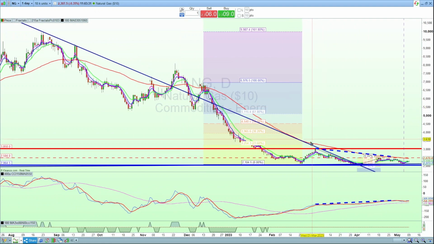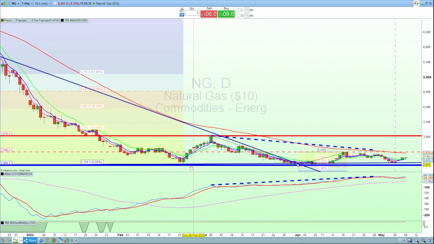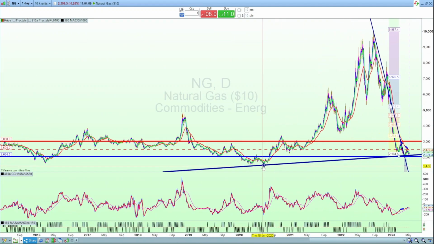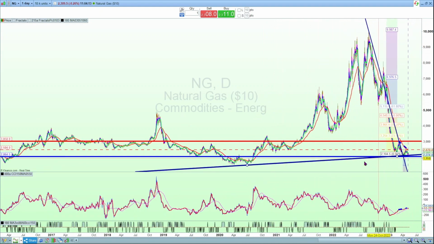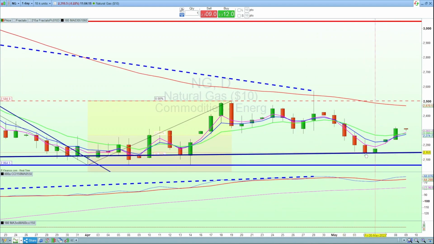I've also drawn here, for those new to the channel, a support line at 2064, and it's bounced off that a couple of times, and also this resistance at 3050, this red line. And if I zoom out, you'll notice there's another diagonal dark blue trend line, and if I zoom in, it bounced off that diagonal trend line in the last few days,